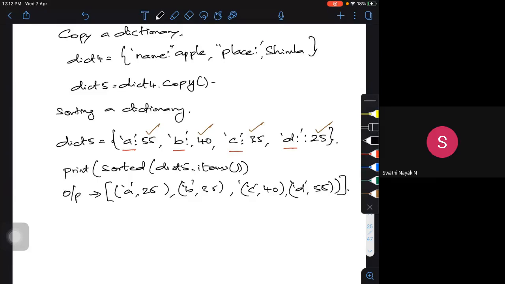You want to sort only the dict. Here I am trying to sort only the items. If you want to sort only the values, what will be the output?